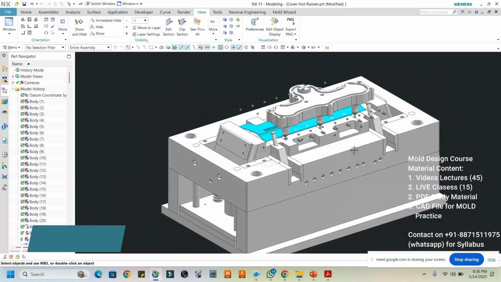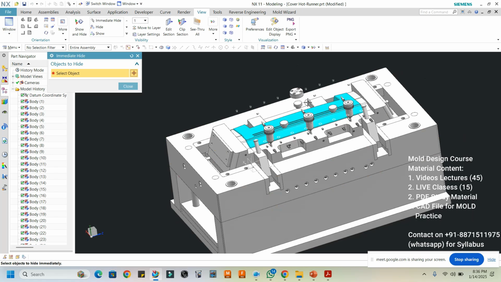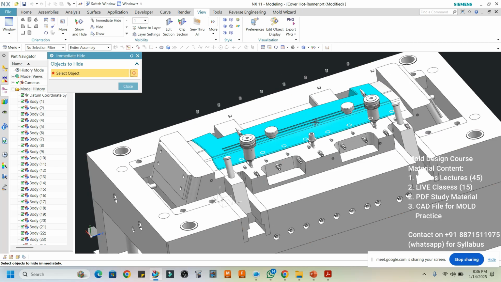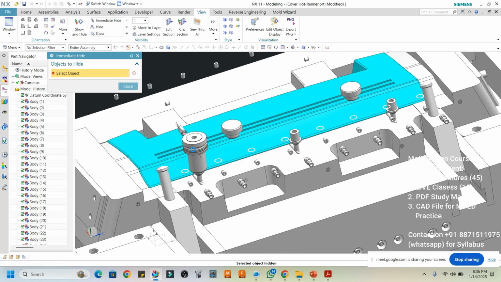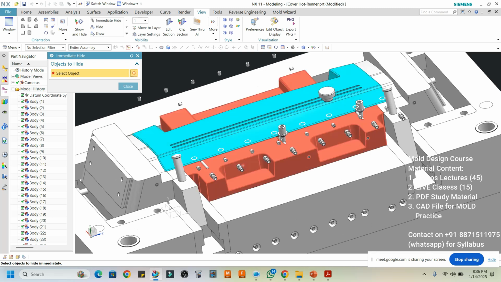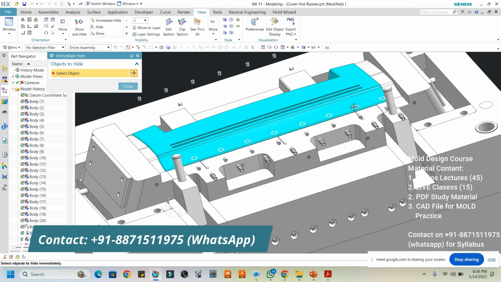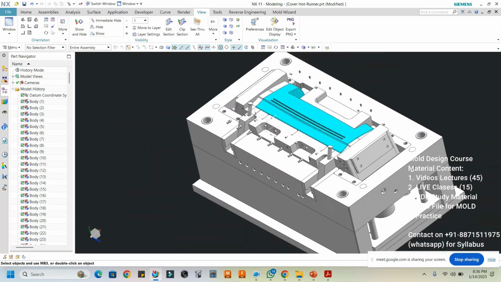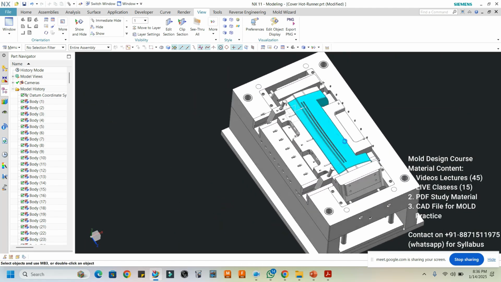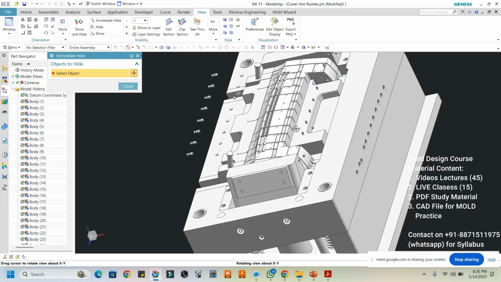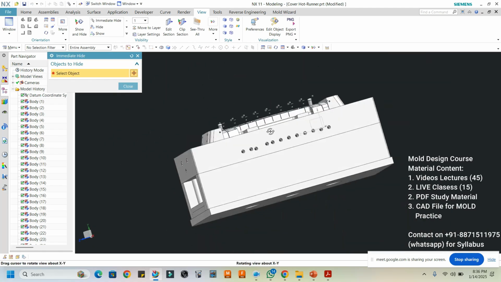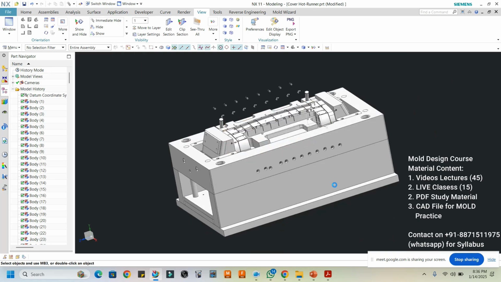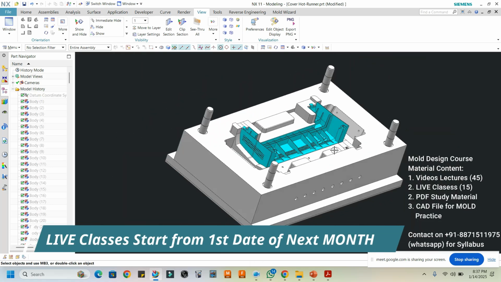So here you can see that the complete mold is similar to the hot runner mold, but here we are using a hot runner instead of the cold runner, right? Cold runner, yes. Now see here, this is a slider, this is one more slider, this is one more slider, which is used for preparing the undercut in the component. And this is the complete hot runner system which we are using with the insert.